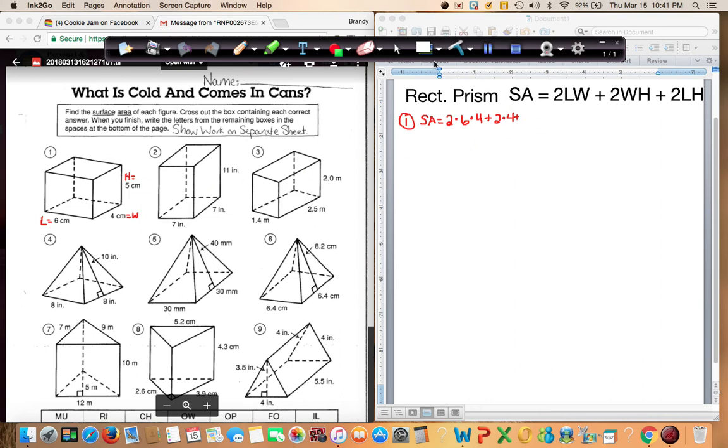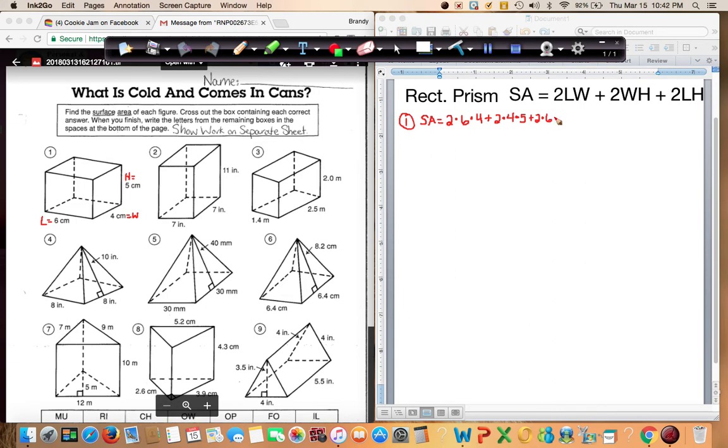Oh, wait. I messed up. Can you tell it's late? It's not plus yet. When they're right beside each other, that means times. Come on, get your act together here. Alright, so we're going to times, so 2 times my width, which is 4, and my height is 5, so times 5. Now we can add our last, which is the length and the height. So we have 6